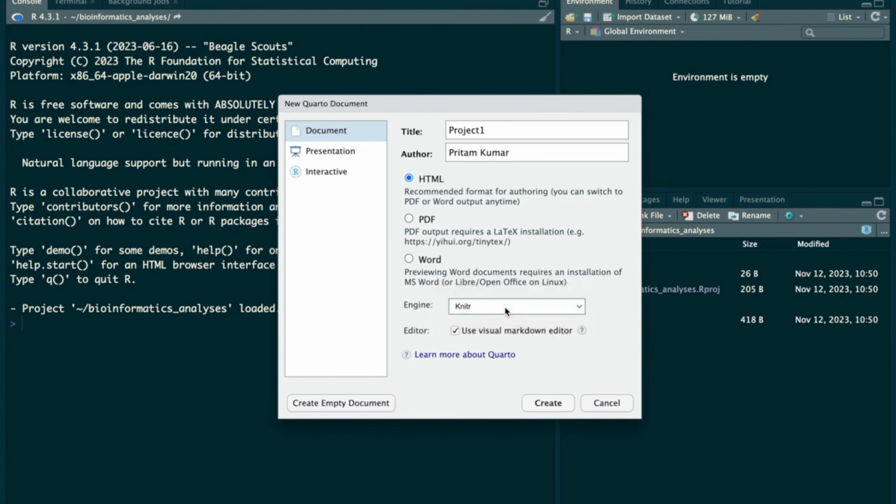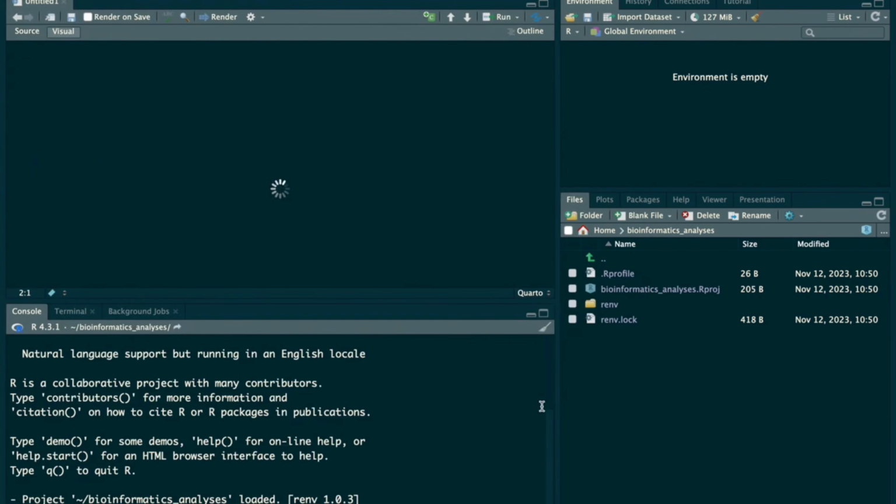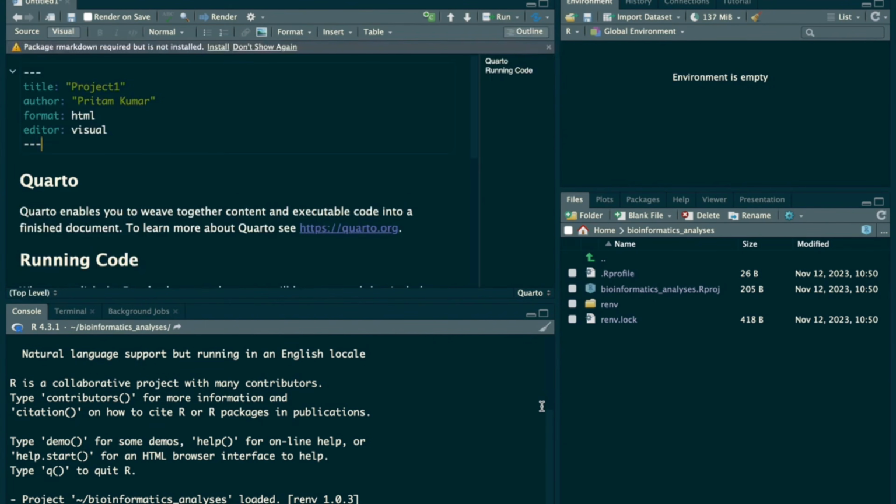So we are going with the NITR, and here it is automatically selected, which is use Visual Markdown Editor. I'm going to tell you what is Visual Markdown Editor. Okay, now you create this. So this particular thing will pop up where it has written the title, the author, and the format is HTML, the editor